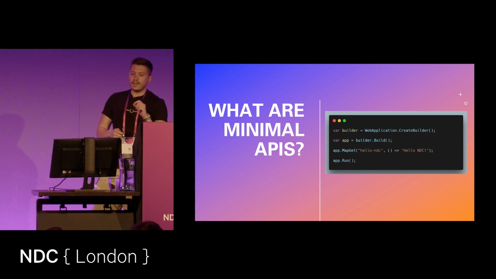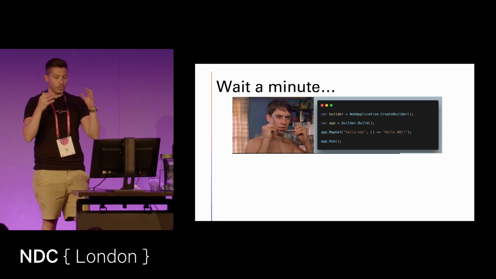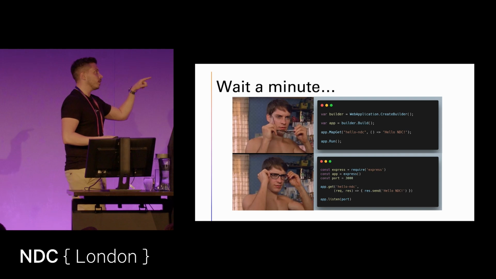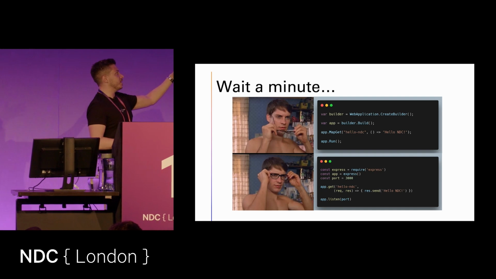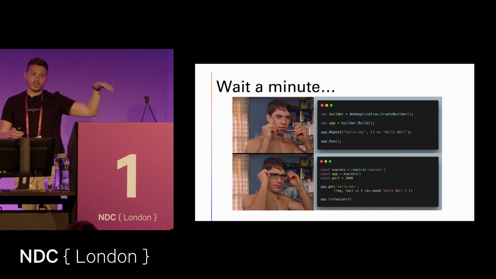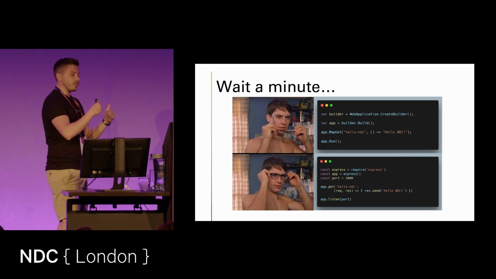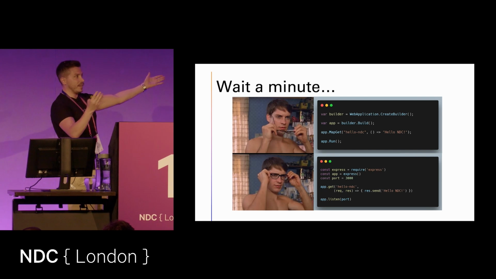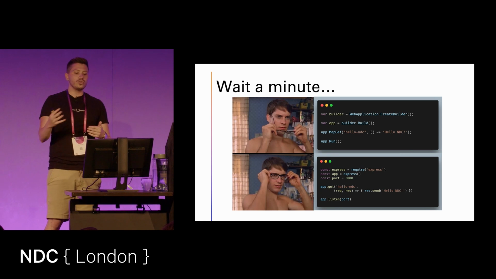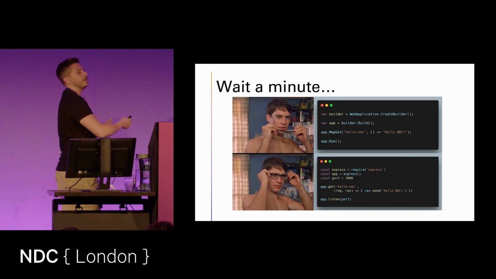But I want to emphasize something. This is not something new. You might be thinking, wait a damn minute, that thing over there looks a whole lot like that thing. Blink and you miss it. The top thing is minimal APIs in C# and .NET. The bottom one is Express.js from the Node world. So this idea of going from point 0 to having an API very, very easily and very, very quickly is not novel. It's how JS has been building APIs for years,